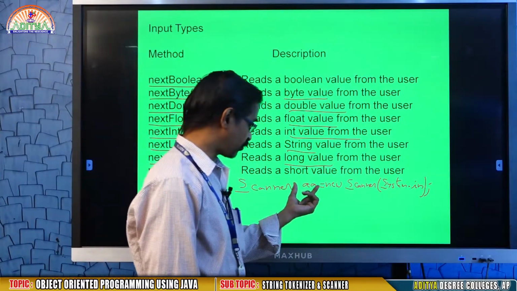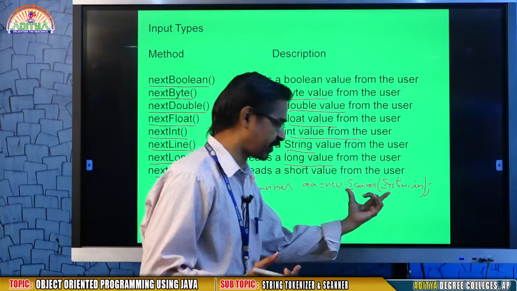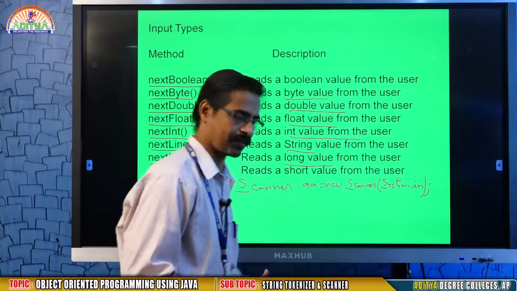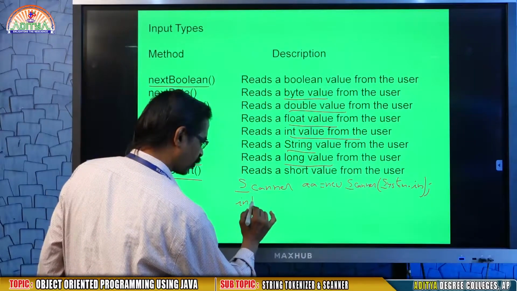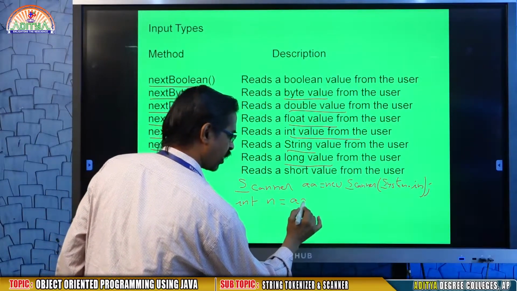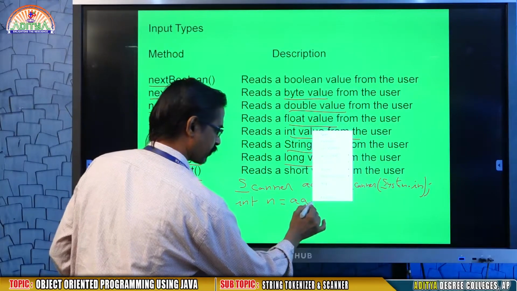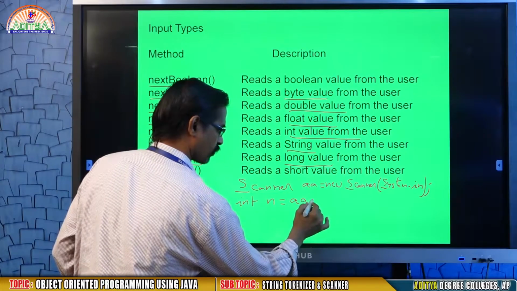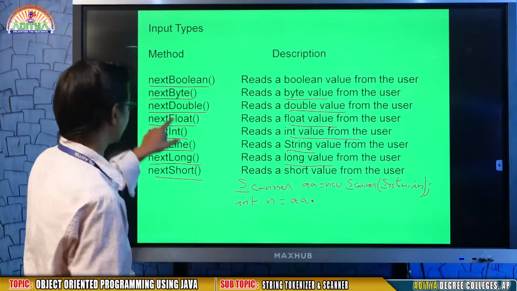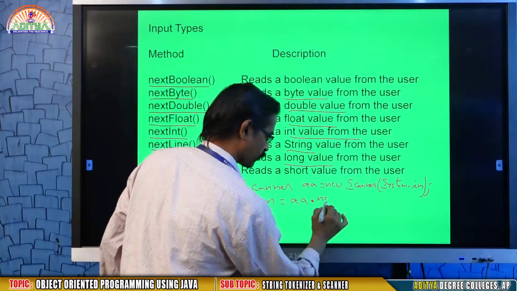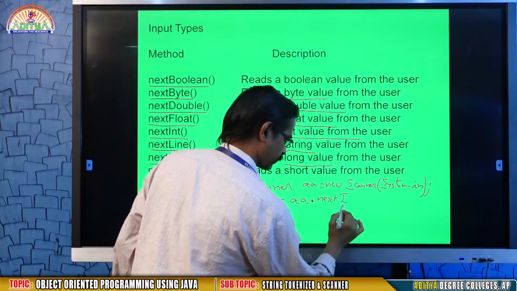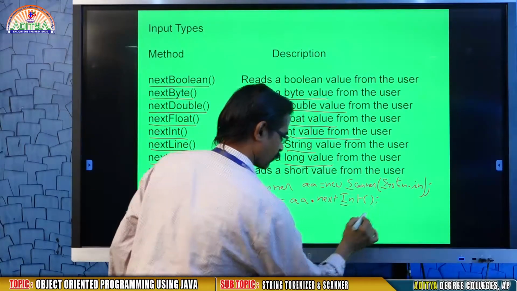That means now this AA object receives the object from the Scanner class. Now if you want to read an integer, I want to read an n value. AA dot, here n is an integer. So for reading an integer, you are going to use nextInt.